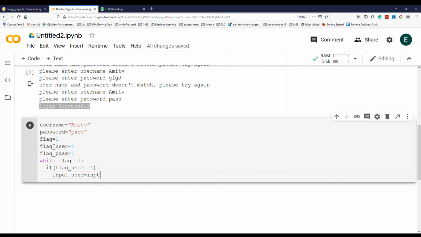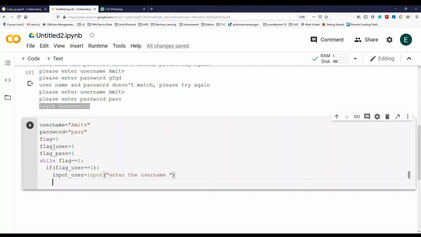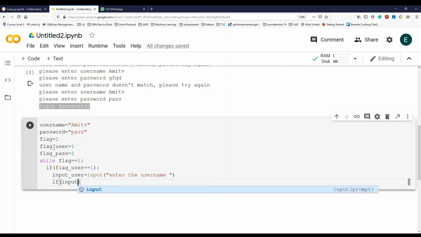So for this we have a similar one, input, enter the username, and now we will validate the user information first. So we will say if input_user equal